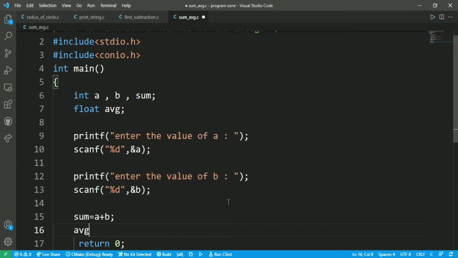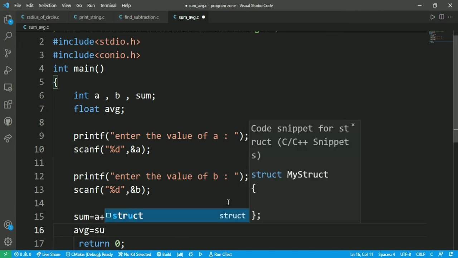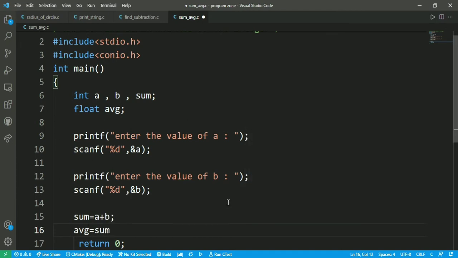The average is the sum divided by 2, because we have two variables, one is a and two is b.